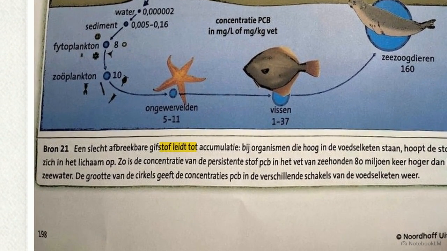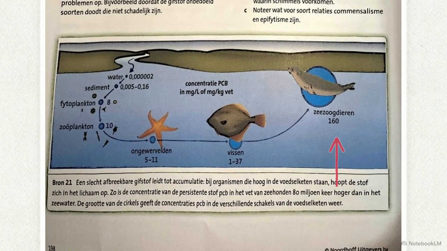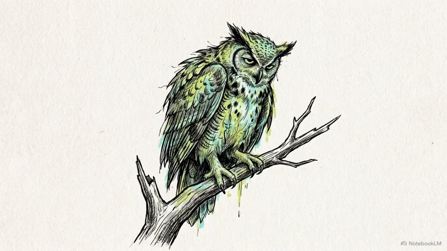A predator must consume a large volume of prey to survive, so toxin concentration per kilogram of body weight increases at every trophic level. By tracing the diagram from water to seal, you see the concentration spike from near 0 to 160. As a result of this biological math, the apex predator becomes the most vulnerable organism in a polluted